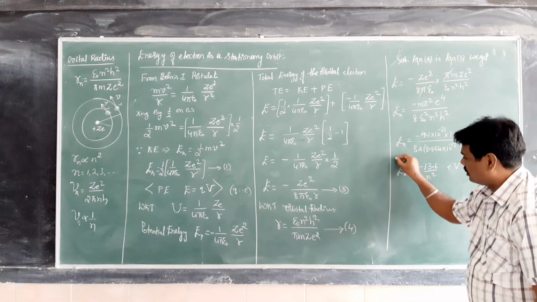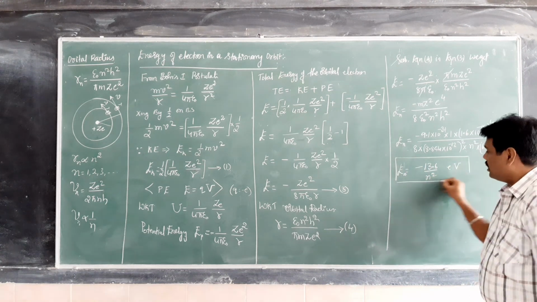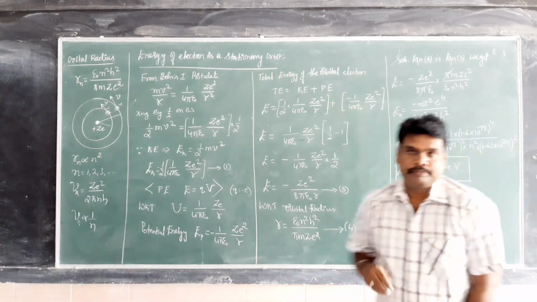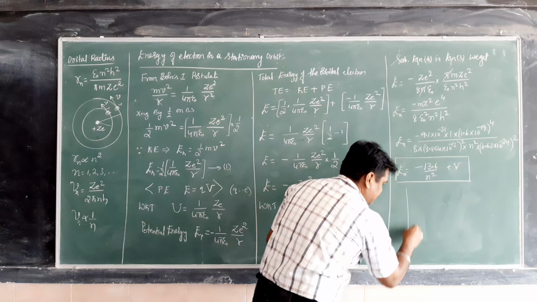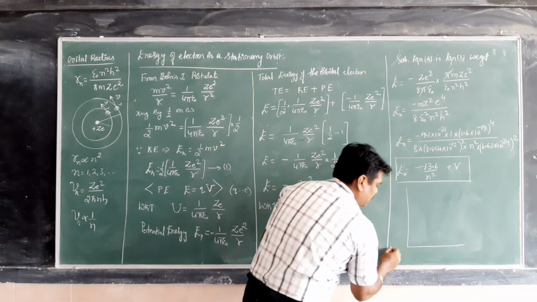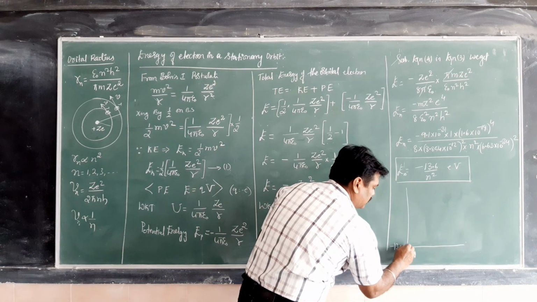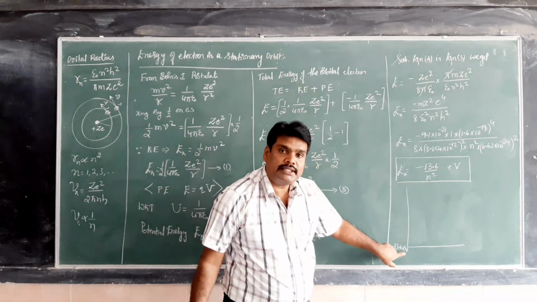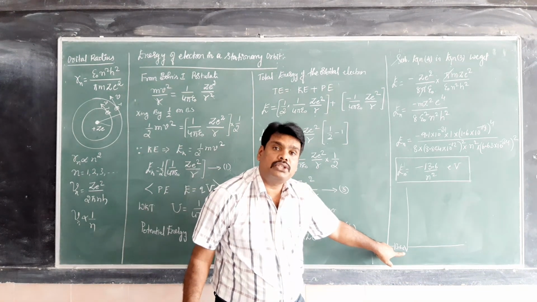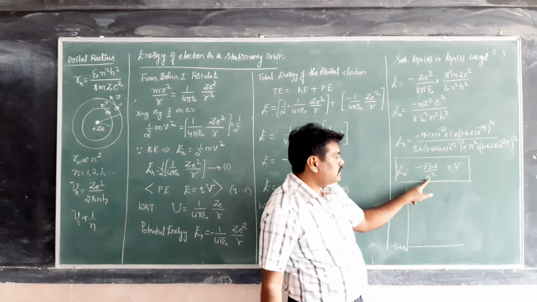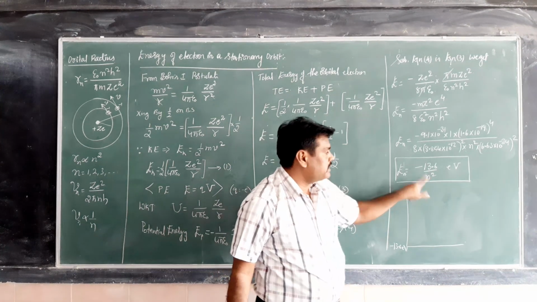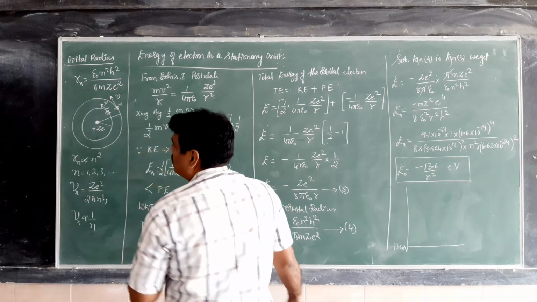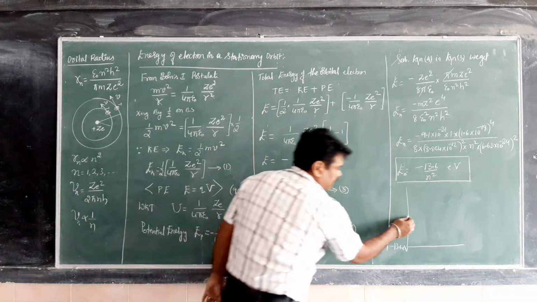This is the nth orbit. So this is the formula which helps to find the energy of the orbital electron. So this is the first orbit, ground state, its value is minus 13.6 electron volts. If I take n is equal to 1, it is minus 13.6. If n is 1, it is called ground state energy. If n is equal to 2, 2 square is 4, so 13.6 divided by 4, we will get an answer of 3.4. This is the next step.